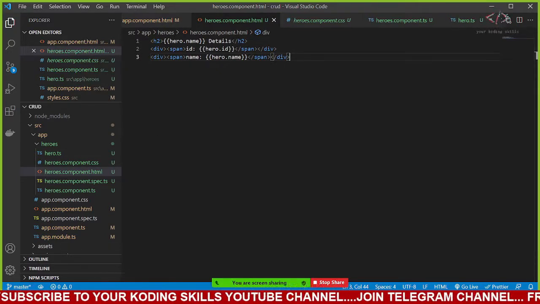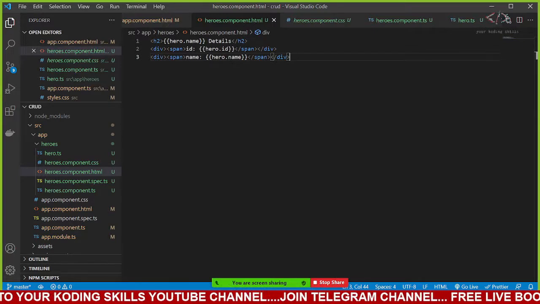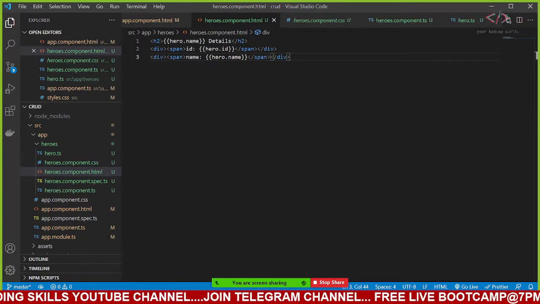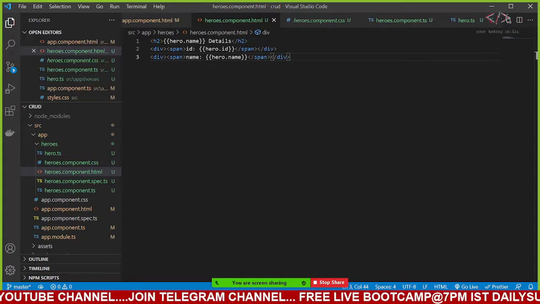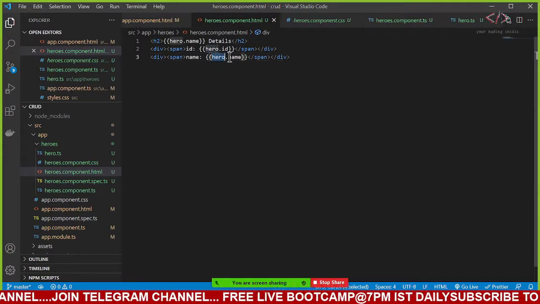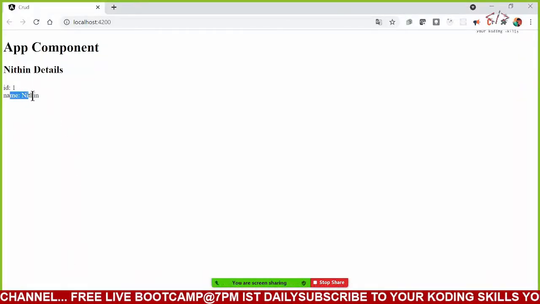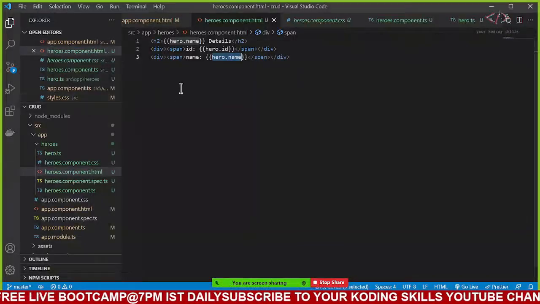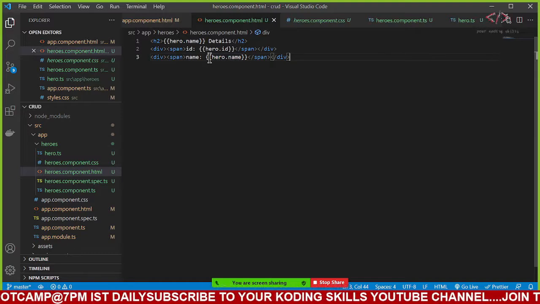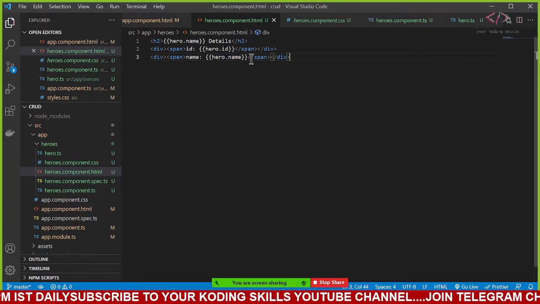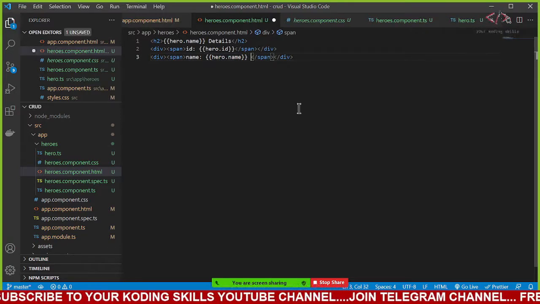So what kind of pipes? What will a pipe do? Pipe can do many things. Now, for example, I have a name here. I want to convert this name to uppercase. If you see here, it's just Nitin. If I want to convert to uppercase, very simple. If I ask Nitin, Nitin will say, very simple, bro, just type Nitin in capital letters.